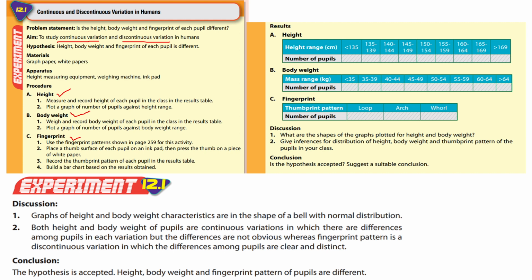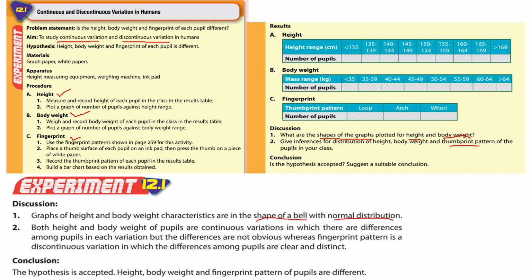Okay, so let's look at the discussion. What are the shapes of graphs plotted for height and also body weight? Okay, so the answer is they are the bell curve shape with a normal distribution. Okay, remember the two extremes. Okay, the second question is: give inferences for the distribution of height, body weight, and thumbprint pattern of the pupils in